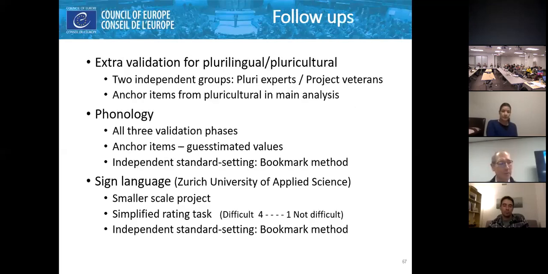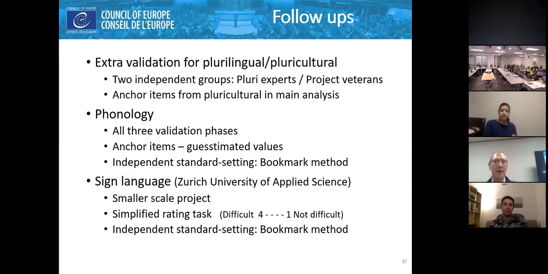Then we had a follow-up with an extra validation for the plurilingual pluricultural, because it had been right at the end of the questionnaire. We didn't have so many people doing it, because not everybody got to item 63. That was done with 2 independent groups, a group of project veterans who had volunteered. There were about 250 of them, and a bunch of experts in plurilingualism and pluriculturalism who we recruited by